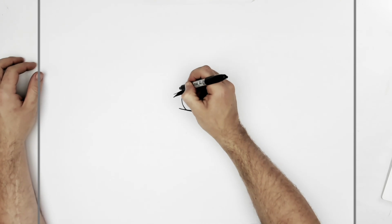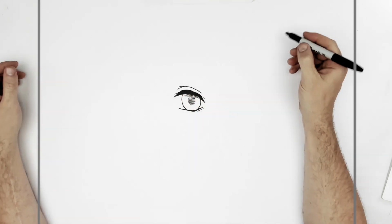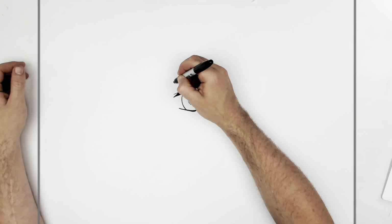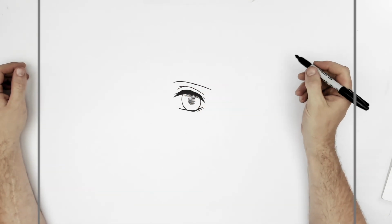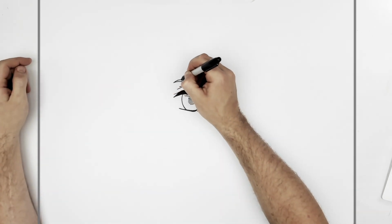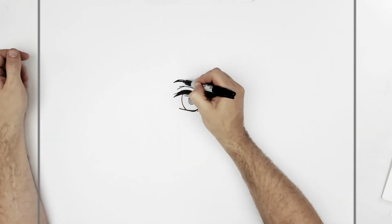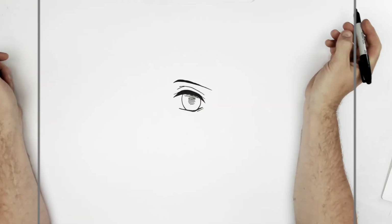Okay, and then we have the eyelid lines on the top, curving around like so. And then an eyebrow just above that, again slanted down, a shape just down there. And with the eyebrows, we want to thicken up this area, make it heavier, darker than the end. The end is just real thin going that way, and then you want to color this dark. Okay,